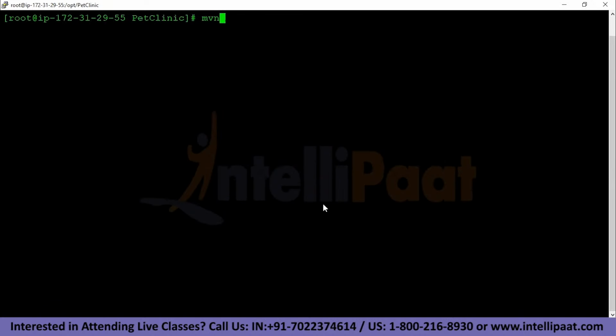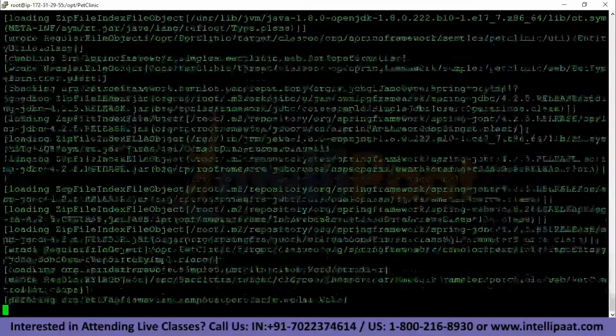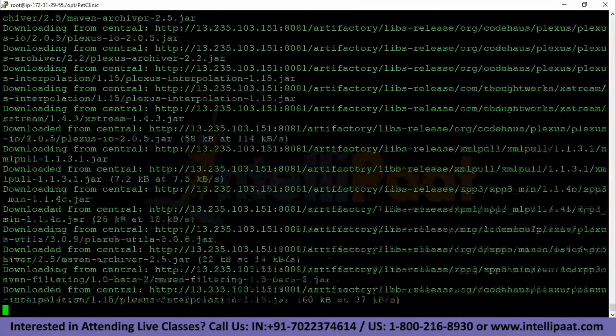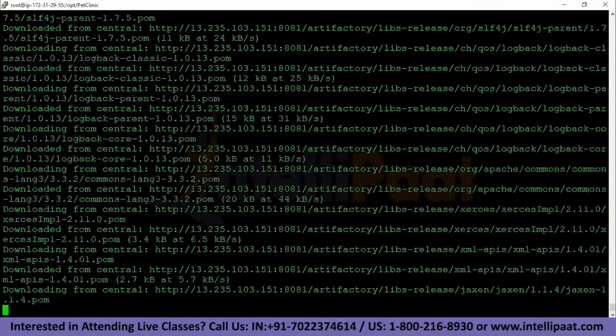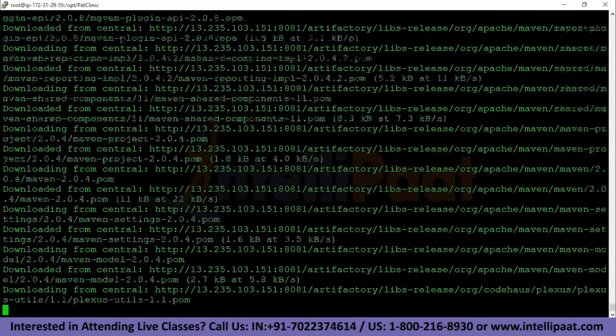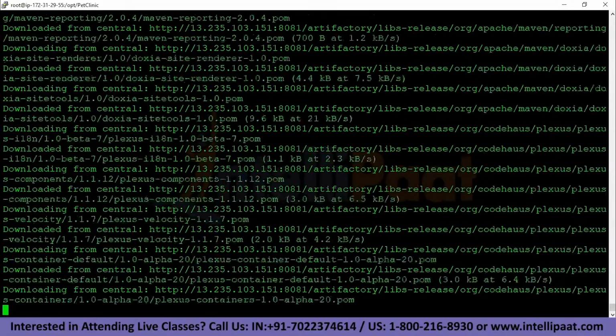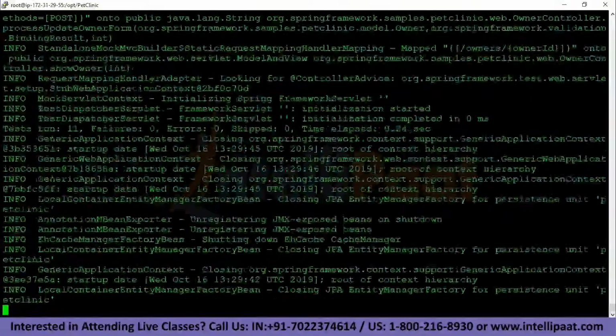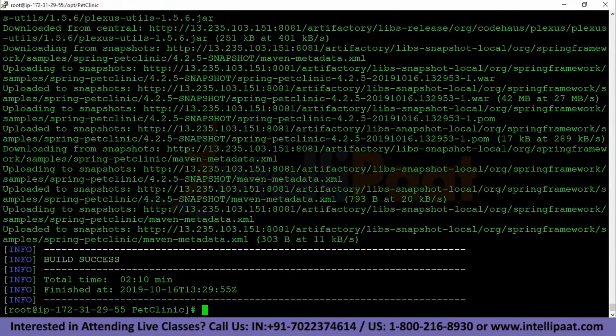And now we will type the command mvn deploy. This will upload the packaged file onto JFrog. Press enter. And now that our build is successful, to see whether the file was uploaded or not, we'll head over to